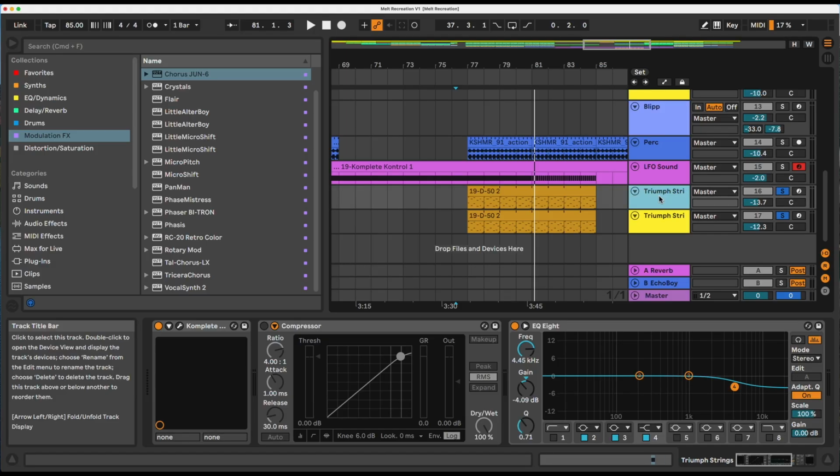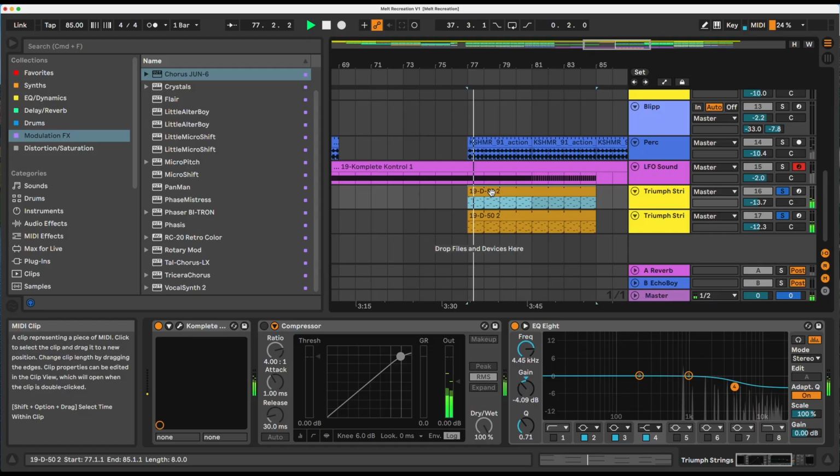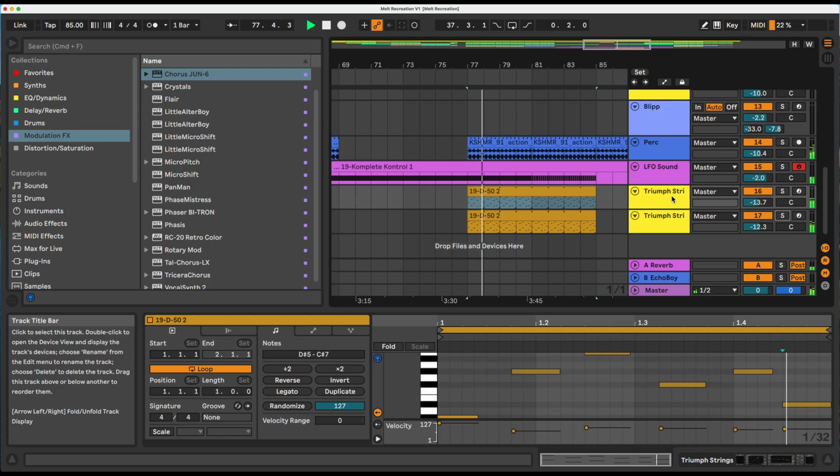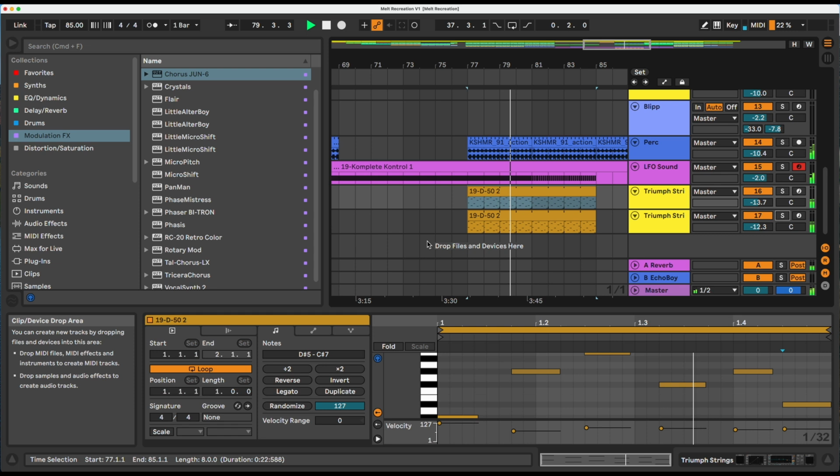So I'm fairly happy with what I got for these strings. I actually doubled this up, and this is this synthesizer Largo again. I tried a few things. I tried the D50, but this is what I got. It does sound a little bit rubbish, but in the mix, I think it's okay. Yeah, I could have done a bit better actually, maybe.